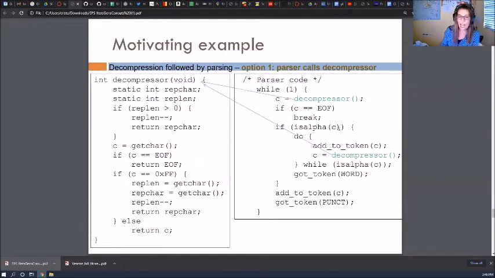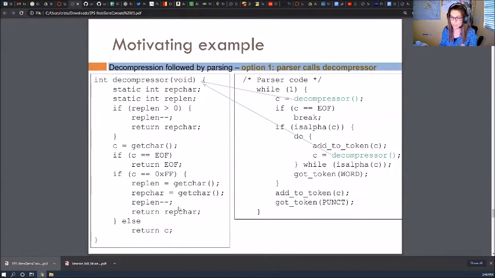But the question is, which one is the dominant one? Okay, I'm sure that many of you have had these doubts sometimes in certain situations. So one way that you can do it is that the parser code is the dominant one. As it needs characters, it calls the decompressor, right?